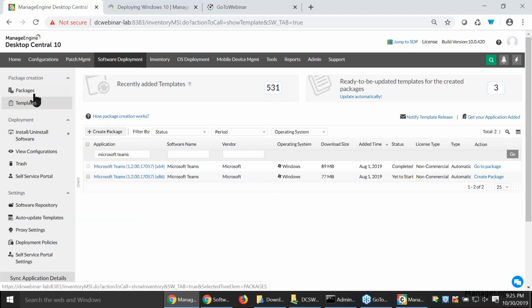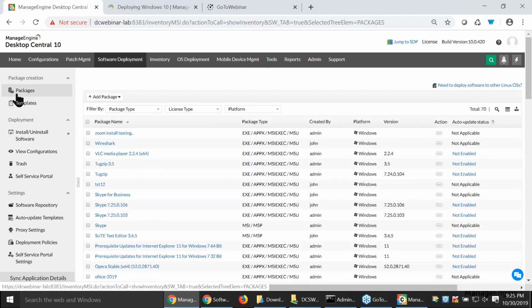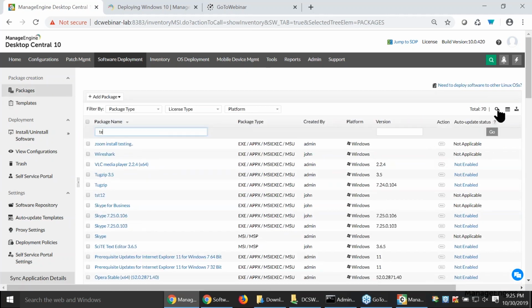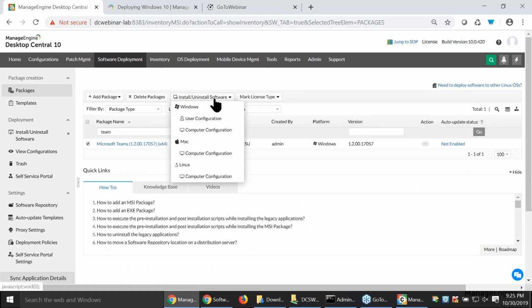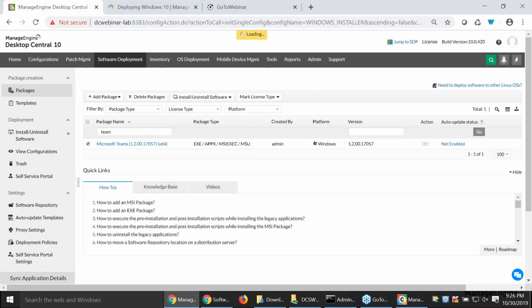Now we have created our Microsoft Teams package. Go to Package and search for it. To deploy, select the package and proceed with the deployment. Now we have two different options here, user as well as computer. If you want to deploy the package to users, you can go with user, but here, our scenario is to deploy it to all the computers on his network. So select computer configuration,